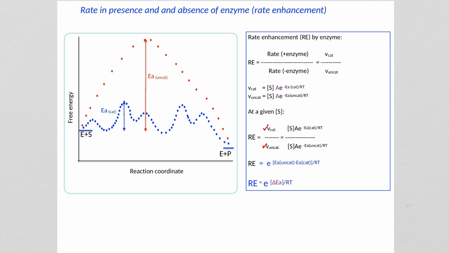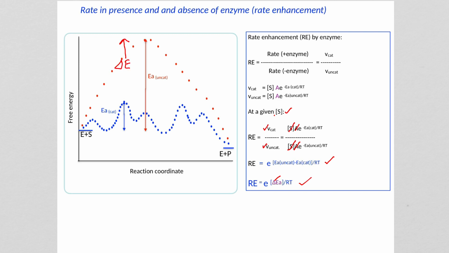And at a given substrate concentration, we can cancel the S, we can cancel the A, which is also the same for the reaction, and we can simplify this equation and we get a rate enhancement which is equal to e to the power of delta EA divided by RT, where this delta EA is the difference in the activation energy